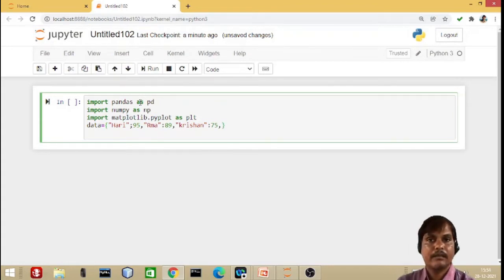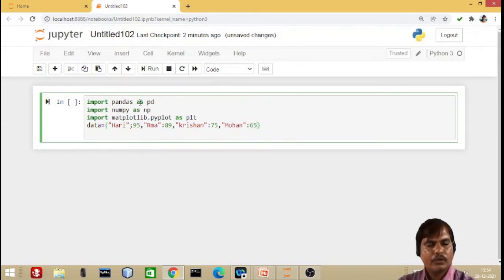This is just an example, don't take it otherwise. These are just names for the purpose of the example. These are students. Now the next one, any student name we can give. For example, Mohan, and Mohan got 65.